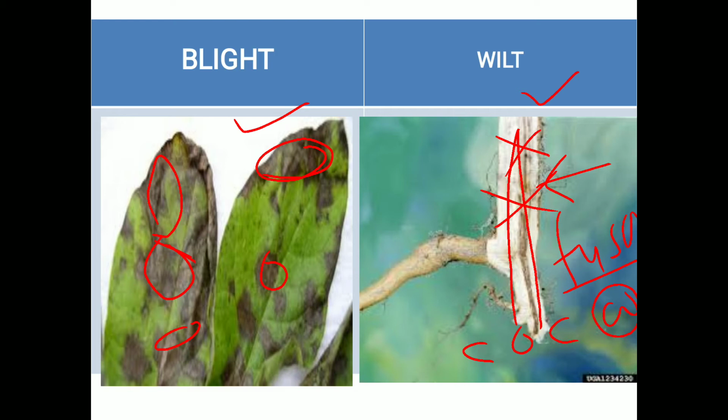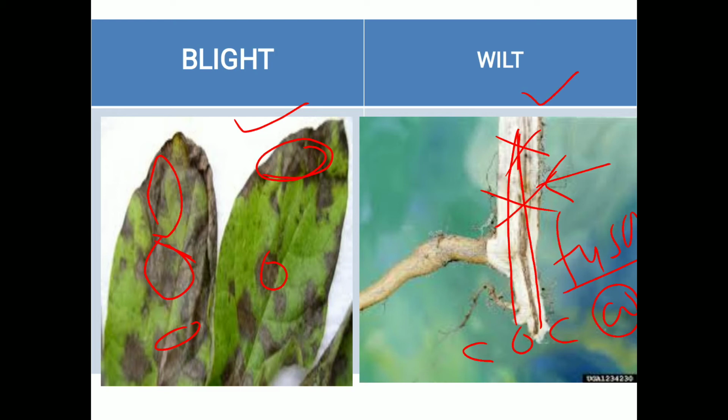So due to the blockage of both tissues, xylem and phloem, there is a complete stoppage of upward movement of water and food material. And due to that, the plant shows some kind of symptoms day by day. What symptoms are shown by the plants? For example, drying of the leaves, turgidity, that is freshness of the plant, is completely reduced due to the unavailability of water. Then the color of the leaves changes from green to yellow. Such symptoms are observed, and that is called wilt.